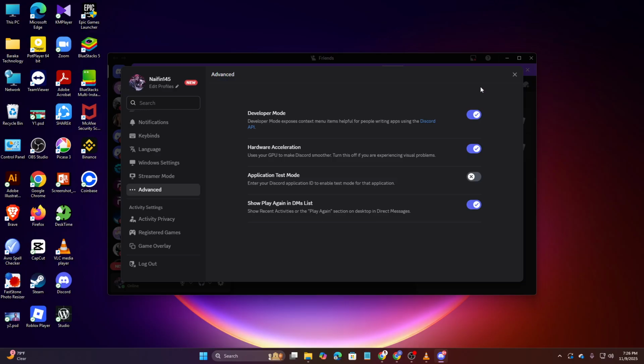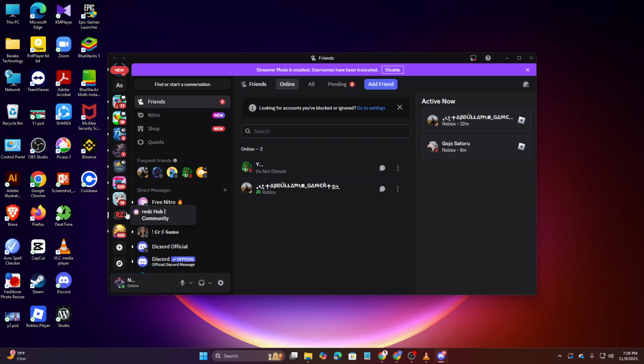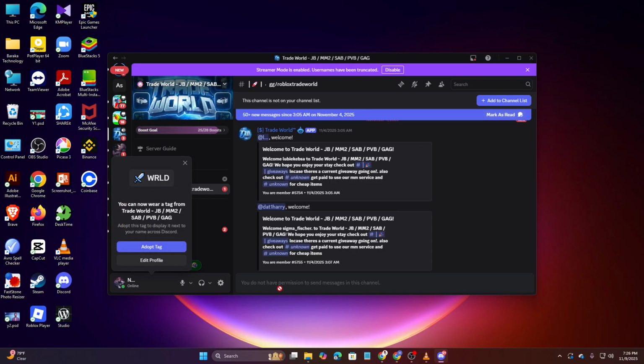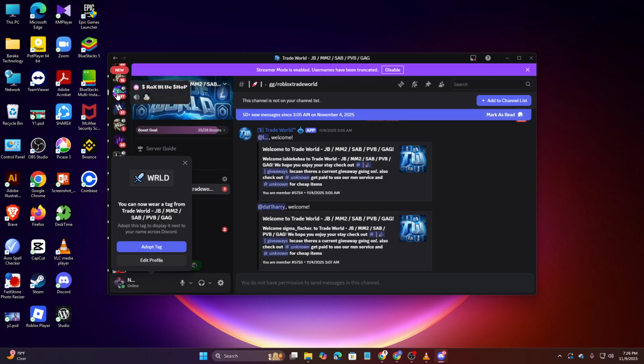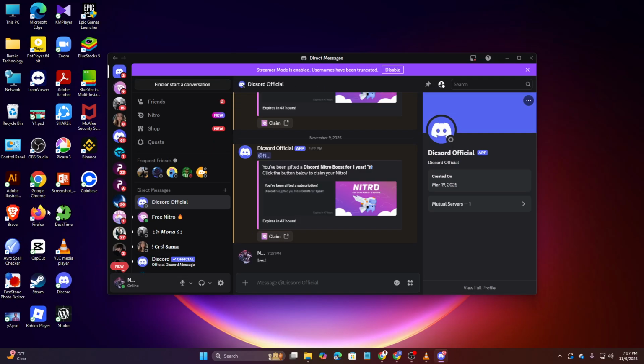Once that's done, go to any server you're part of and find one of your messages. If you haven't sent one yet, type something and post it. Then, click on your profile name above the message and a small window will pop up. Click on your profile picture and then hit Edit Profile. On the right side, click the three dots labeled More, and you'll see the option to copy user ID. Click it. Now that you have your user ID, open a notepad or Word document and type the following: